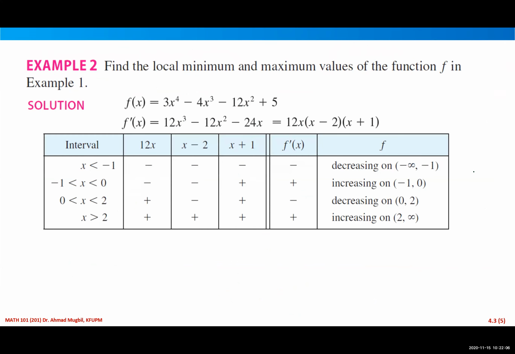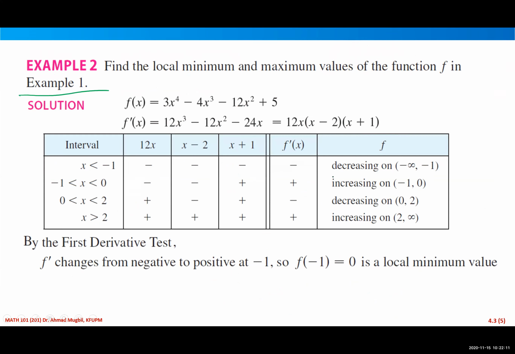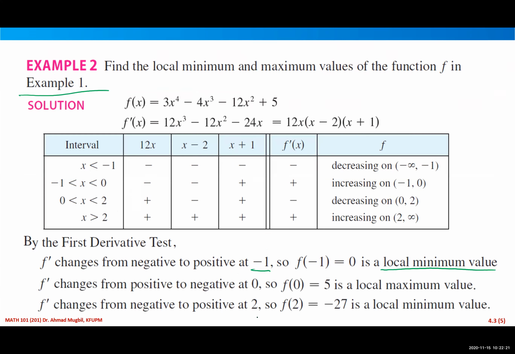This is what I did, Shabab. We did before this example one. This is an example about the same one. We have noticed that the function has a local minimum at -1 and at 2. You need to find, ya Shabab, what is this? It has a local minimum at -1, but what is the local minimum value? The local minimum value is the value of the function at here. You will substitute in the function. It will be f at -1, and accidentally f at -1 is 0, the same as the function itself,